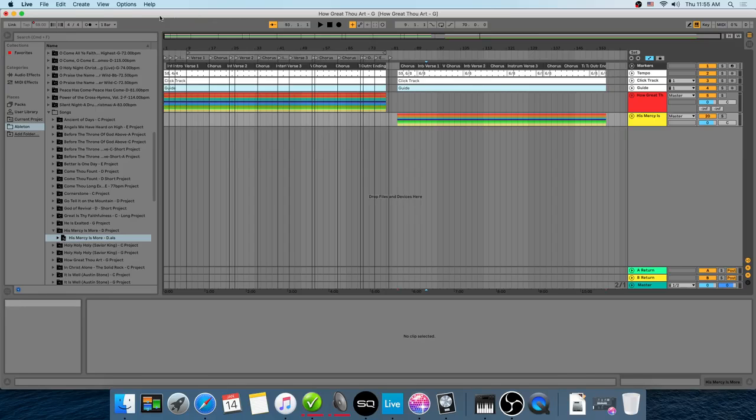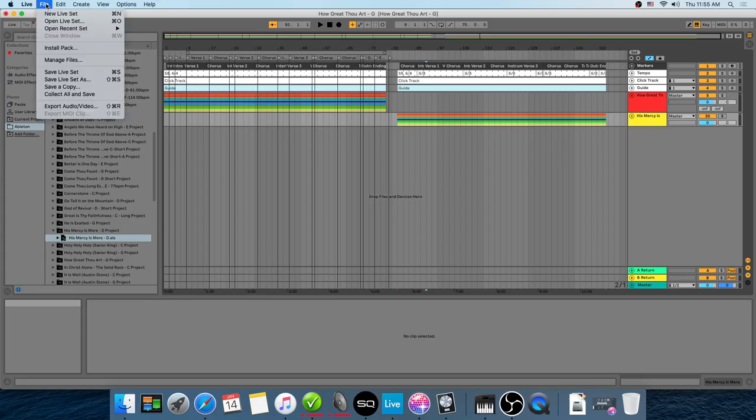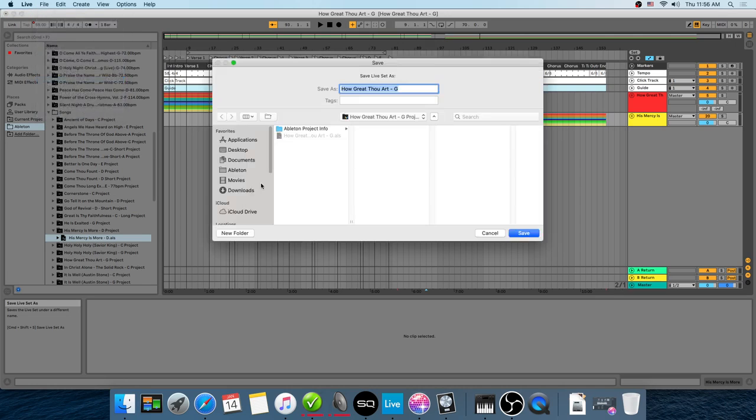and save it. So to save a playlist, the way that we do it here is you'll go to File, you will save Live Set As, and you will click in the General Ableton folder. You can see all these other ones that have been saved. And all you save it as is the date